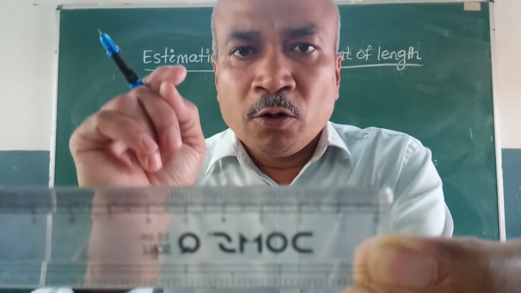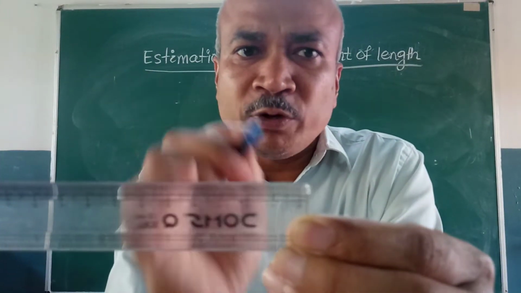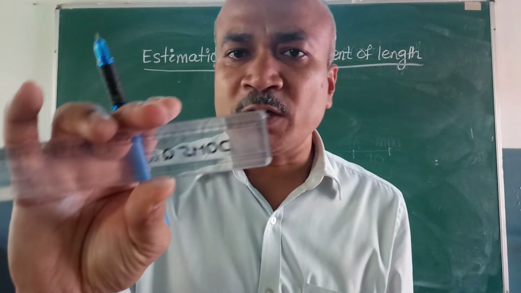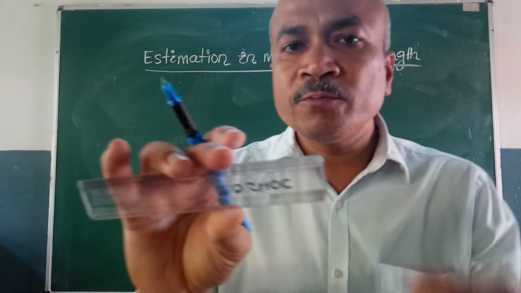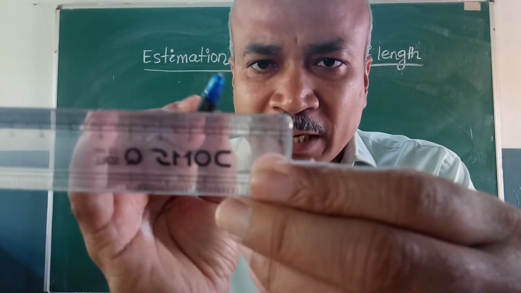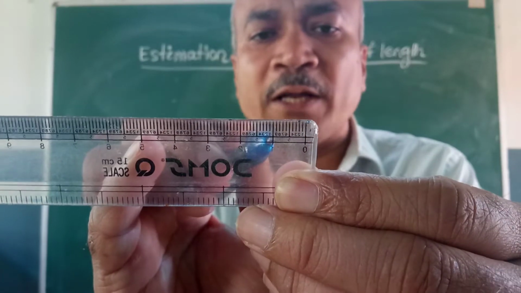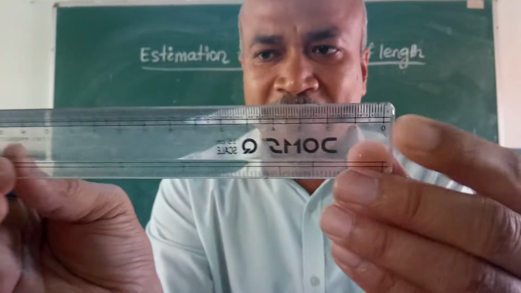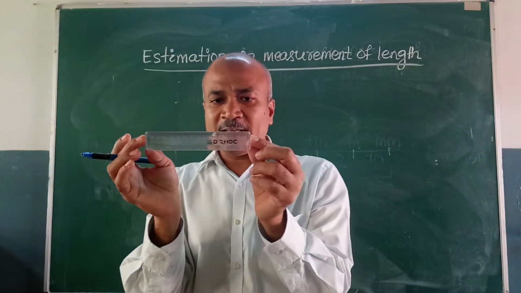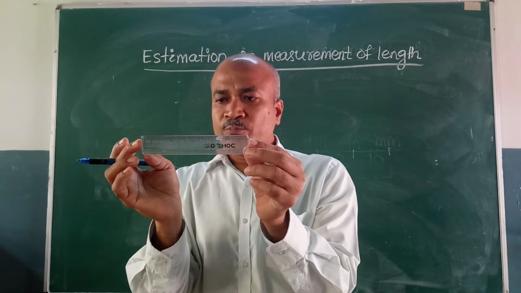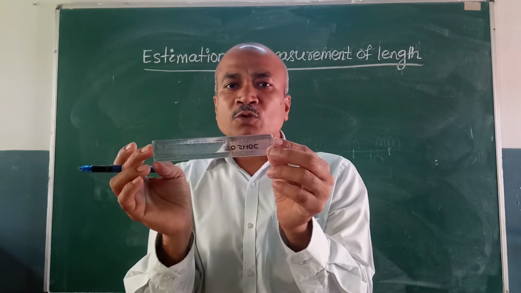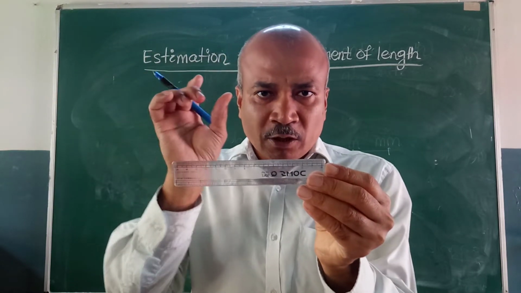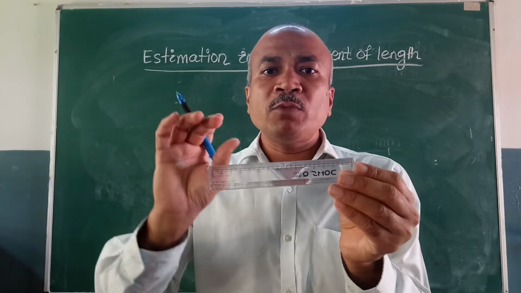That means you have to choose the unit where the length will be of this much. There you have to choose the unit millimeter. But look to centimeter. Centimeter is from 0 to 1. This is 1 centimeter. 1 to 2, this is another centimeter. So this scale is totally 15 centimeter. So suppose you want to measure in terms of centimeter, then where will you use centimeter?